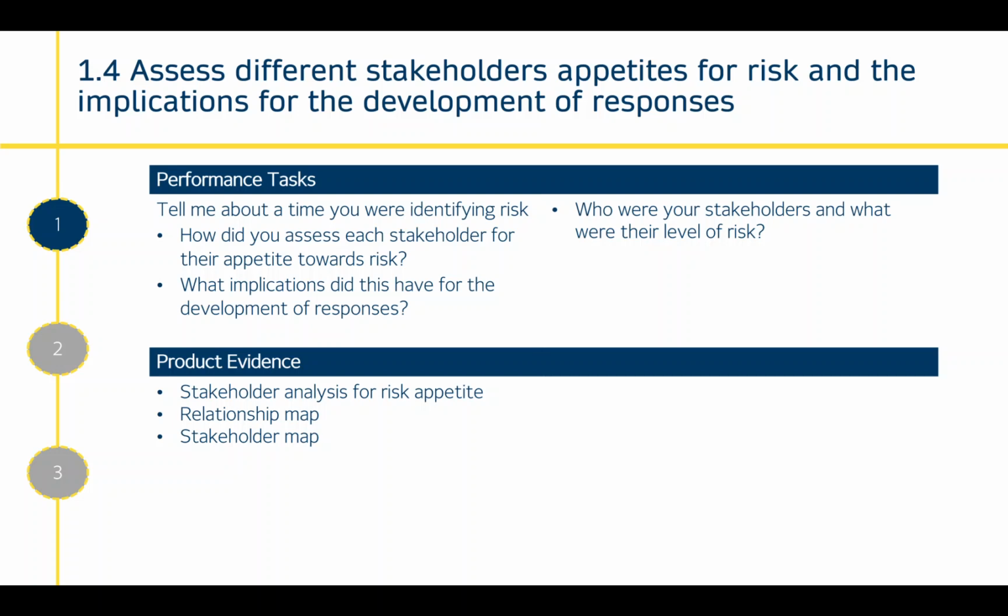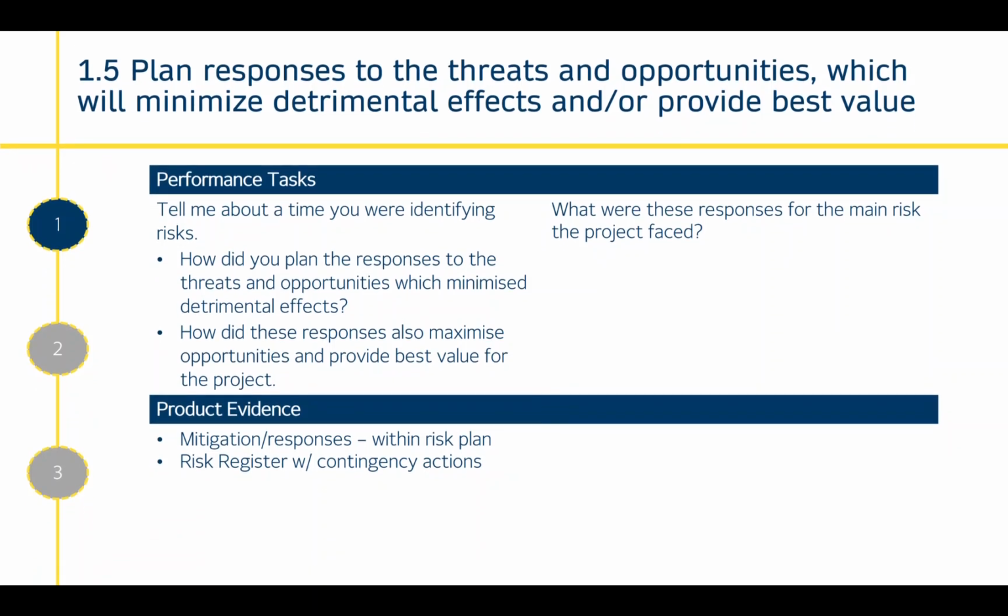So tell me about a time you're identifying risk. How did you assess each stakeholder for their appetite towards risk? What implications does this have for the development of responses? Who were your stakeholders and what was their level of risk? Stakeholder analysis for risk appetite, relationship map or stakeholder map where you're putting in their appetites for risk. This one's a bit harder to have a holistic statement around planning risks, but it could potentially be tied into a holistic statement around stakeholders, perhaps, but it depends on what evidence